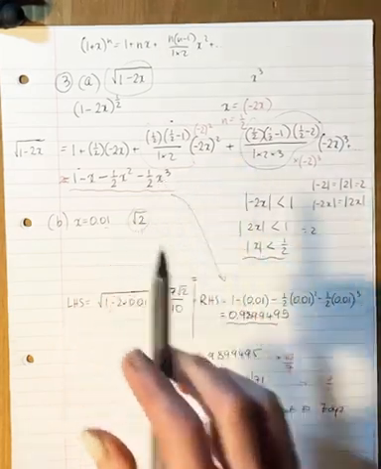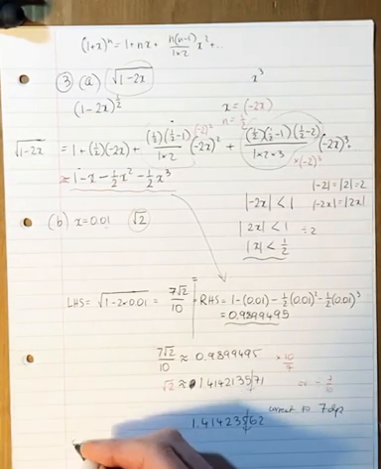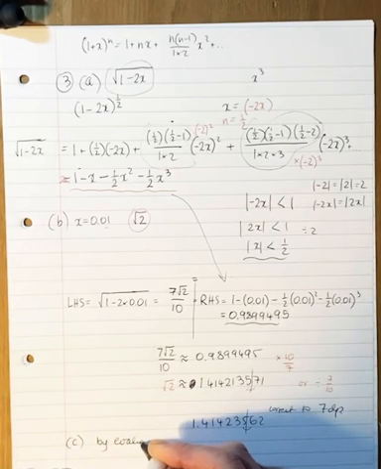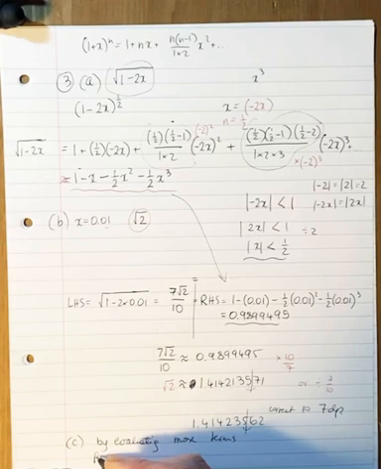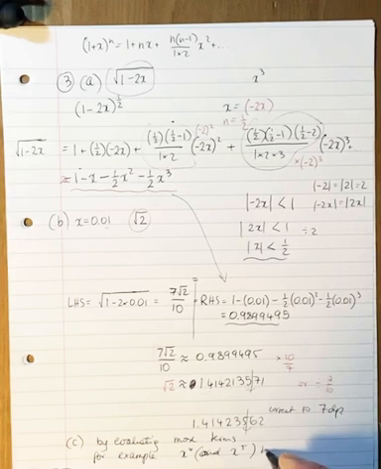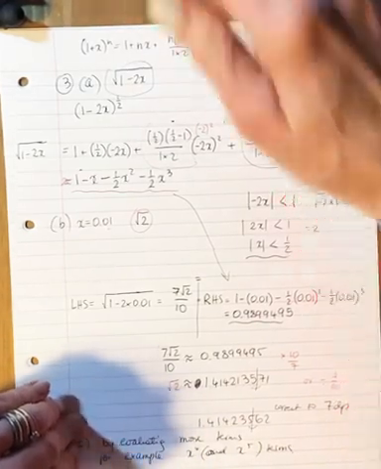Okay, so for part C, without further calculations, state how the accuracy of this approximation could be improved. Well, you could by evaluating more terms, so for example, the x to the power 4 and x to the power 5 terms. So just by using x to the power 4, it's going to be more accurate. Okay, let's move on to